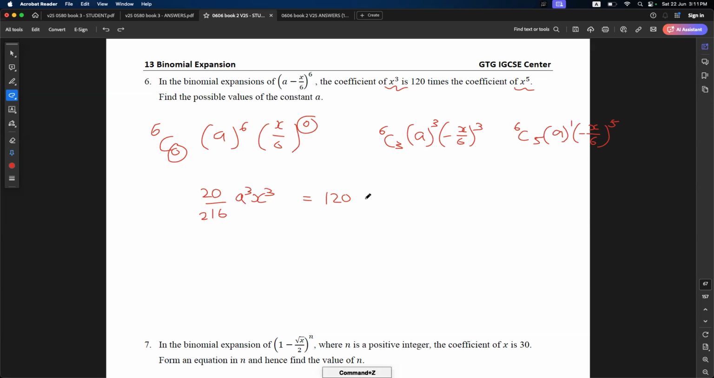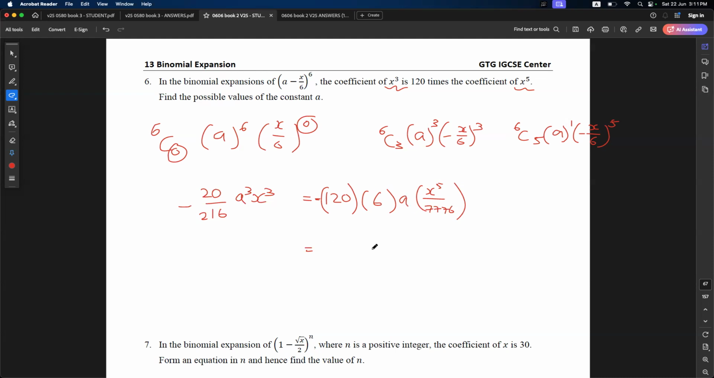Wait, so why is the left side positive? Correct, it's supposed to be negative, right? Yeah, but negative will cancel. So times 120 first, then 6C5 is 6, a, then this x over 6 to the power of 5 is how much? 7776. Yeah. Simplify this value, you will get